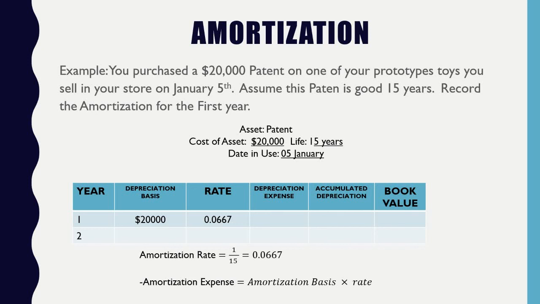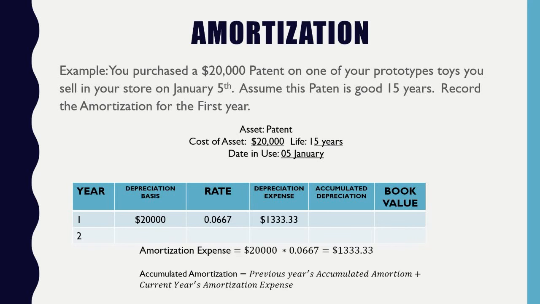It's about 6 2/3 percent, right? And that's the rate. And of course, every amortization expense is going to be the same every single time. So in this case, it's going to be the basis times the rate, which is 20,000 times 6.666667%, which gives you